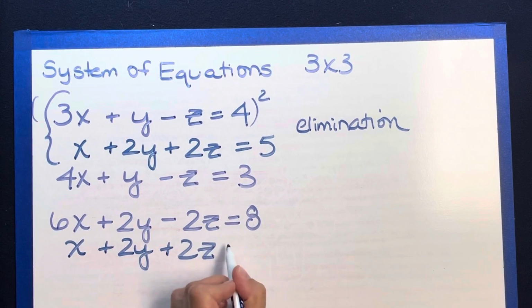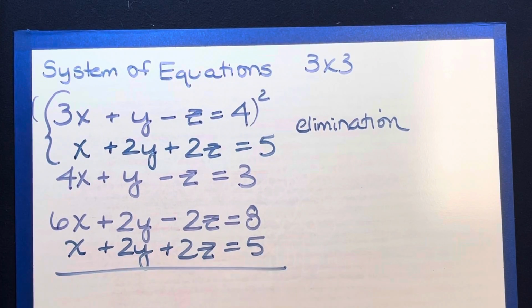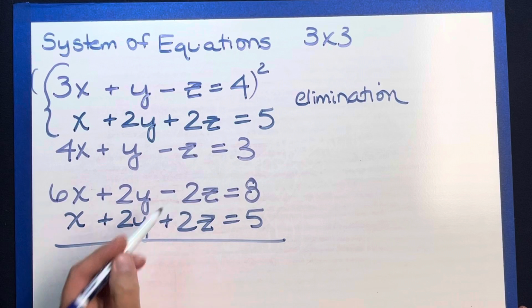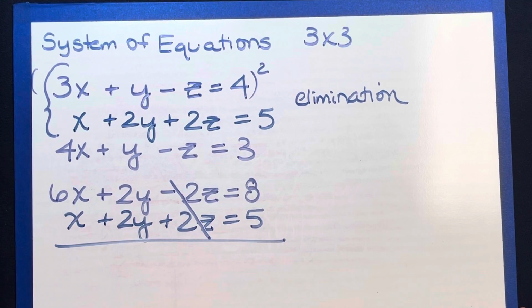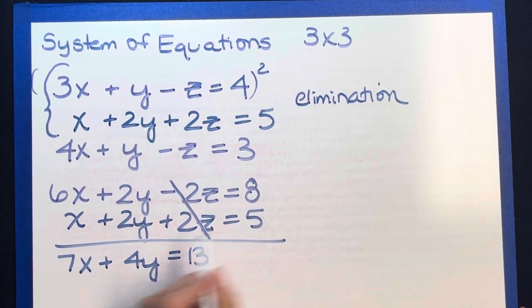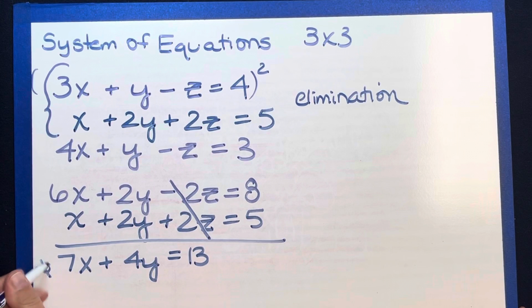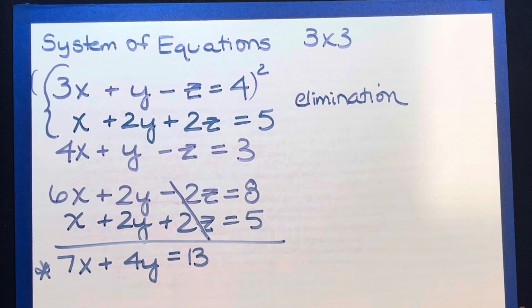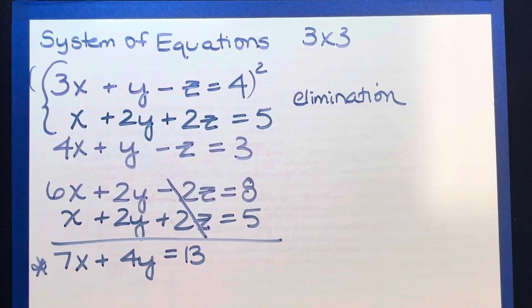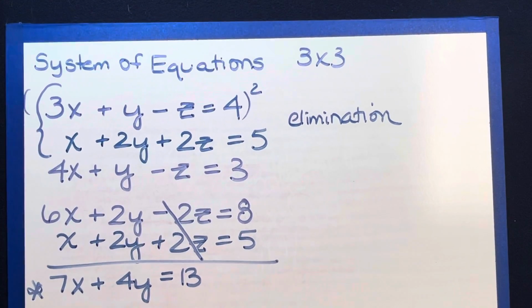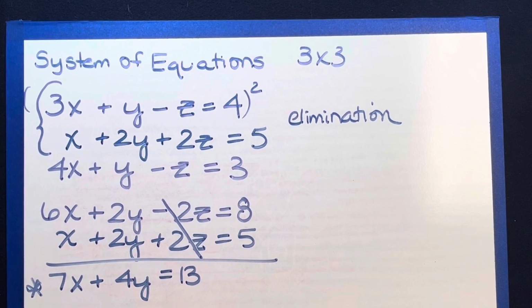So when I go back and I want to add up my equations, notice that I have opposites for the z's, and I get a 7x plus 4y equals 13. So I'm going to star this equation. I'm going to need it again in a little bit, but now I need to go back to my original three equations, and I need to choose a different combination of two equations, but still getting rid of my z